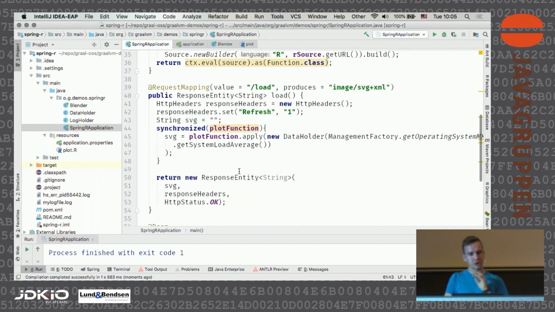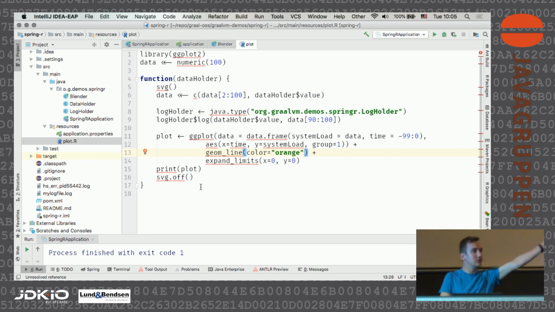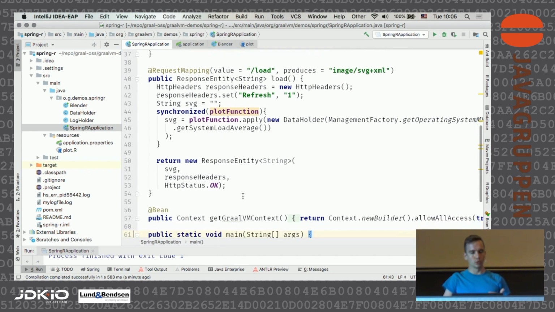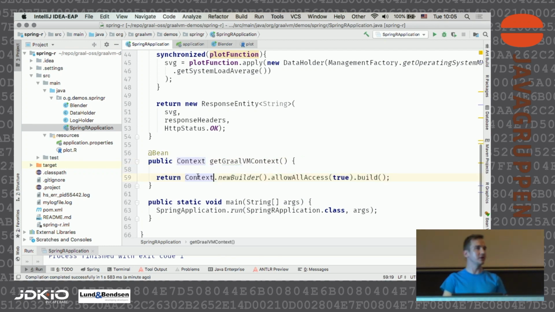Why this application is interesting is that we would like to use this particular R function inside our application. Normally you would have to go through the interop and foreign function interface or somehow tie things together. While GraalVM offers an SDK to write polyglot applications, to pass values between the languages and initialize context in a meaningful way, I just want to show you that actually it's reasonably normal looking Java code that you can have. So the first thing you need to do, you need to create a context for the language,